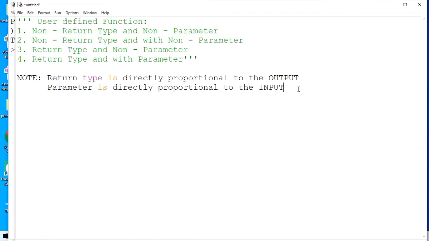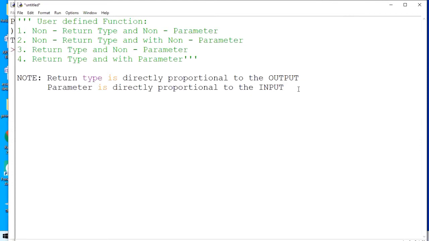One option is that I am providing the input to the function, and according to my input, the function will work. Then I have to give the parameter. Second option, I will not provide any input to the function.